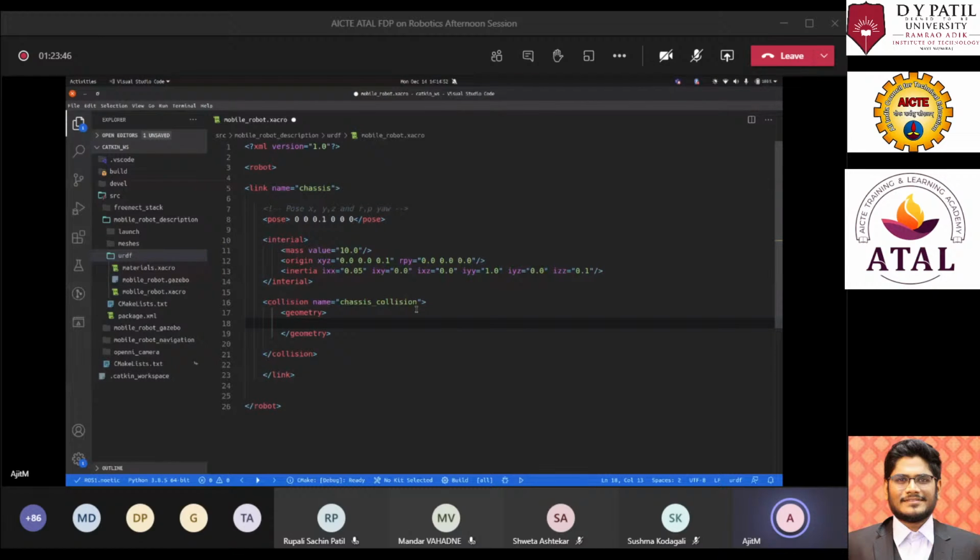They are defined in the Gazebo code base, but you need to provide the dimensions of these primitive shapes. If we say the geometry of this collision is a box, this box will again have a size. Keep in mind that this box is a cube or a cuboid, so this will have x, y, and z again.